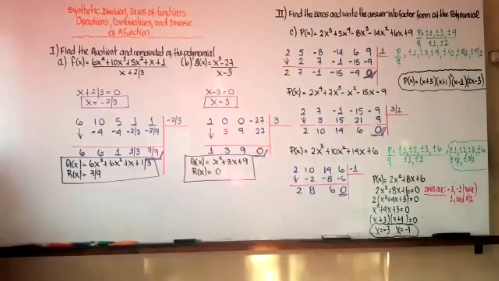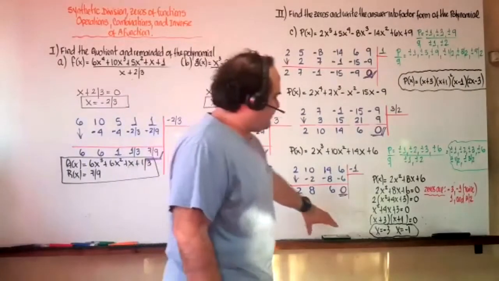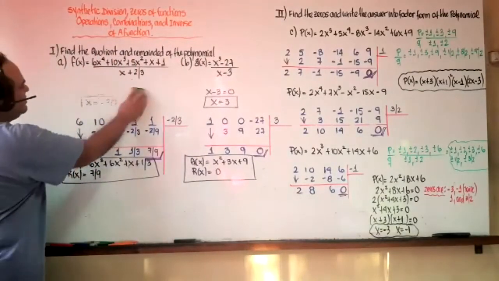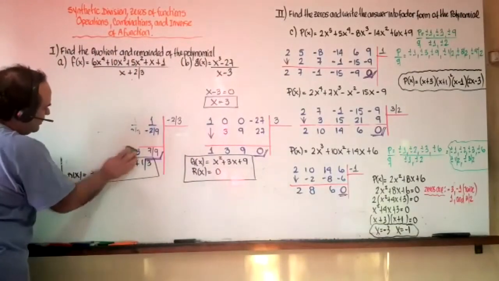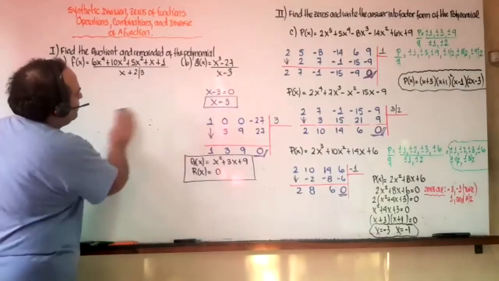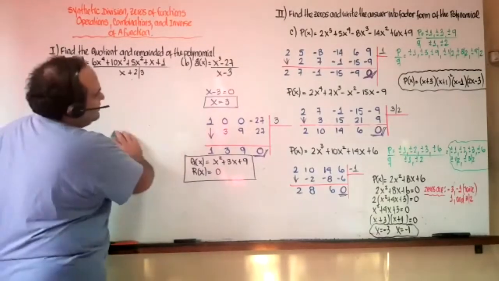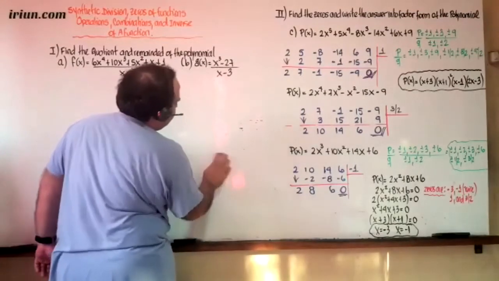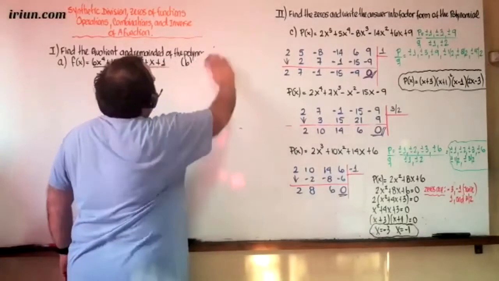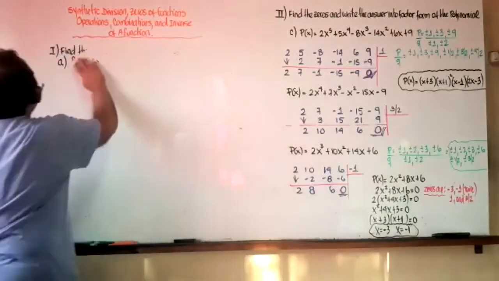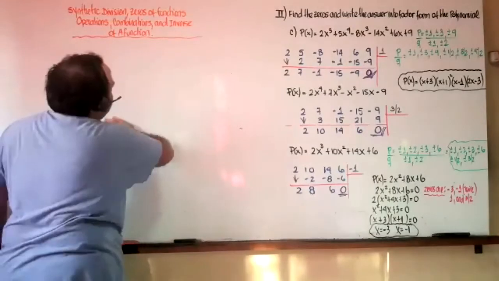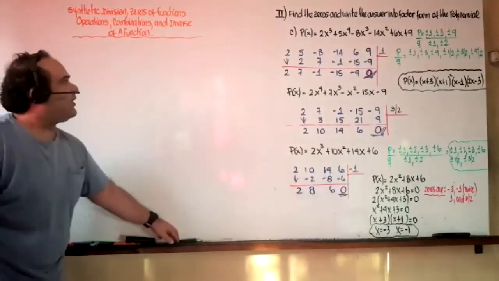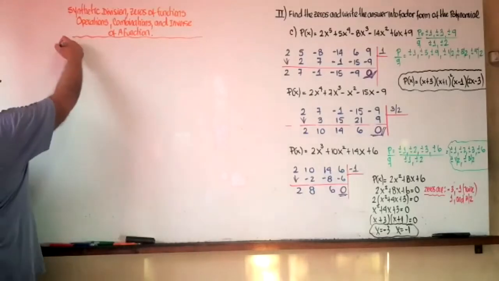Now, what will be the next part of this review? Well, you know how to apply synthetic division. And of course, you learned how to find the values of the zeros of the function and how to write the answer in factor form, right? Now, let's try the operations of functions, combination, and inverse, all right? Okay, part number 3 says,